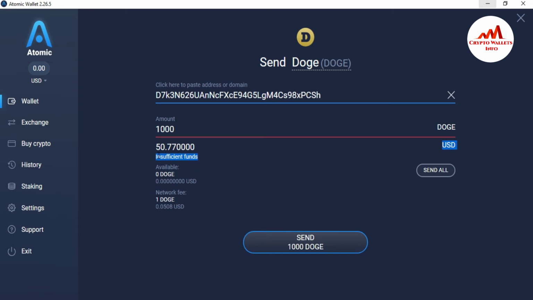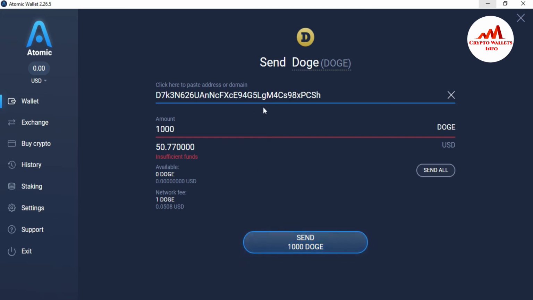This video is only for demonstration purposes. I'm just giving this information informally. You just use the same scenario, and you can see that this time the available balance is 0. If you are going to transfer Dogecoin from Atomic Wallet to any other wallet, you just pay one Dogecoin fee, and after that you simply click on next or send. I have no balance, I'm just going to try, but you can see there is insufficient balance.